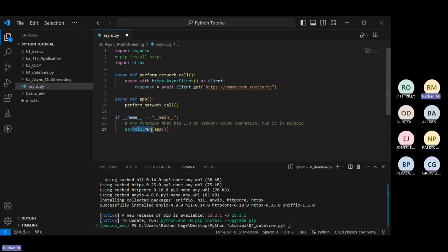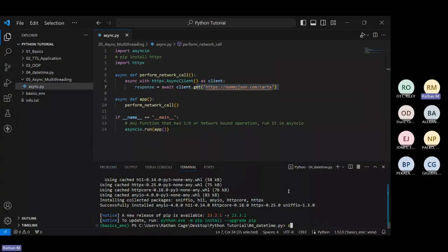So just remember, once you perform asyncio.run of your application, every function in your application will be async. And when each function is async, you keep going ahead even till with. And wherever you perform network or IO operations, just write await before it. This is going to make your entire application async, which means until we get the response here, if your program can do anything else, any other process, it will do that.